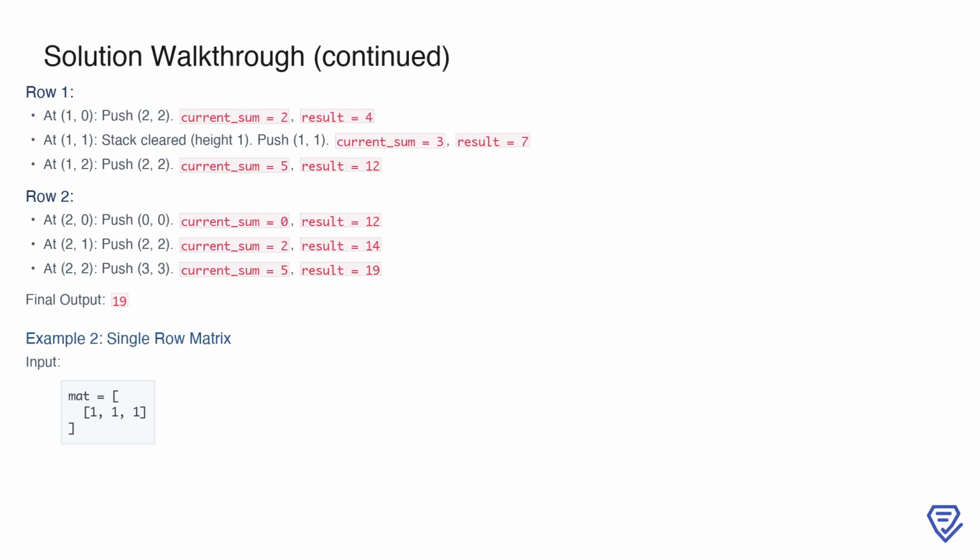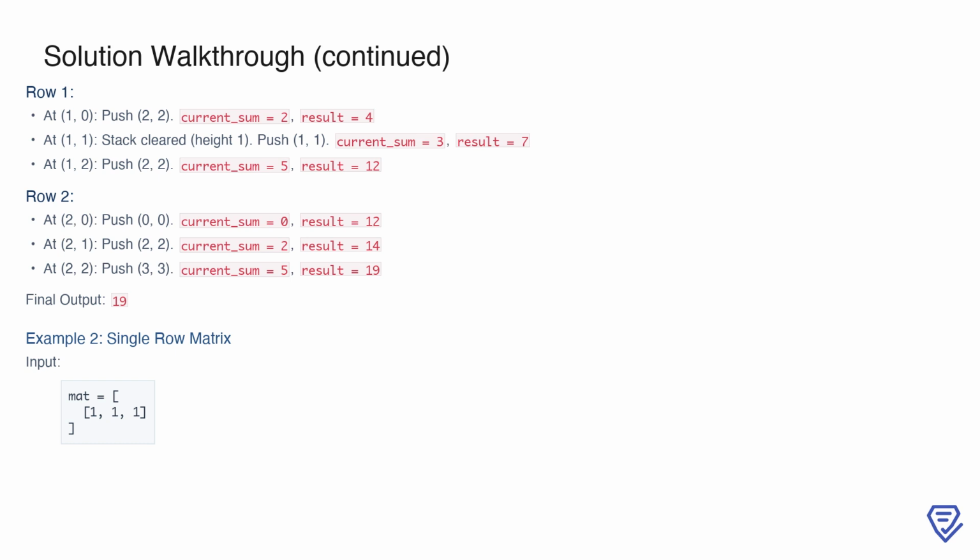In row 1, we repeat the process with the stack. At 1, 0, we push the height 2, which contributes 2 submatrices to the total. At 1, 1, the stack is adjusted as we push height 1, bringing the cumulative count to 7 submatrices. At 1, 2, pushing height 2 adds even more, resulting in a cumulative total of 12 submatrices for the first